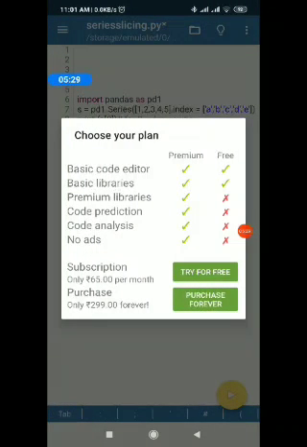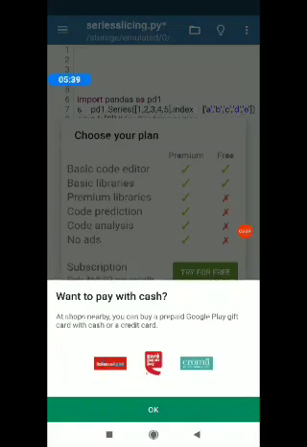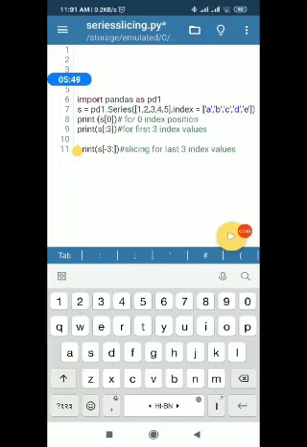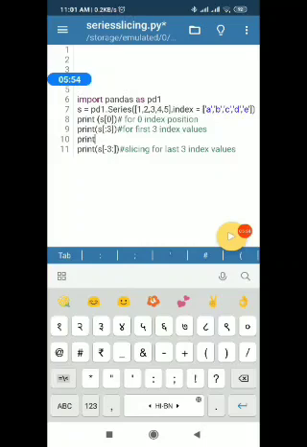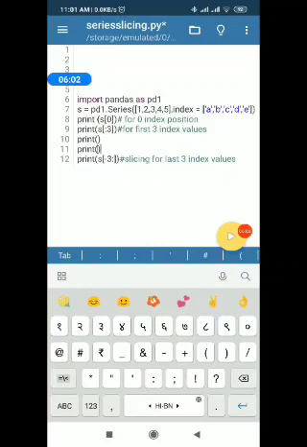Okay, let me see. What happened? Okay. May I give one more print statement over here? If I give some more print statements, I must at least see the output, no? That is my major cause.